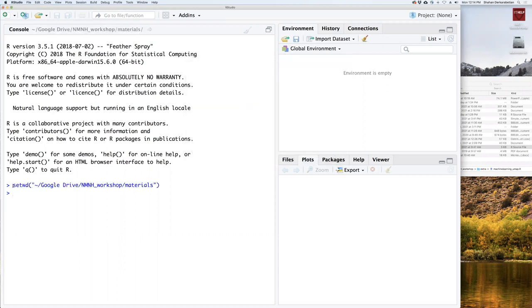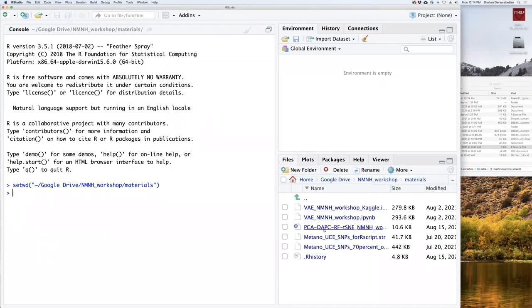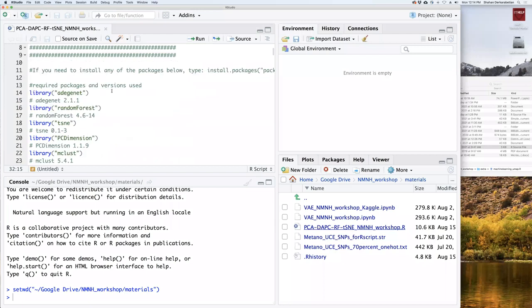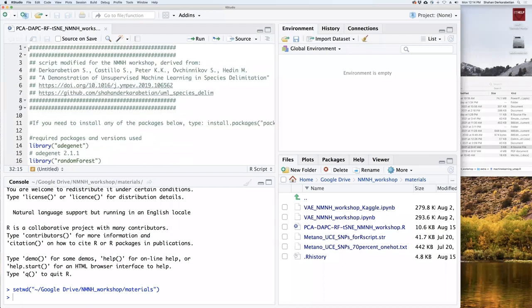This is the command to set the working directory if you want to do it old school and use the command line. That's one of the benefits of RStudio: whatever you do with buttons here, it shows you what the command is. So we have our working directory. Click the Files tab and it'll show you what files you have in that directory. I'm going to click the R script, and it opens up a separate window with the script here.